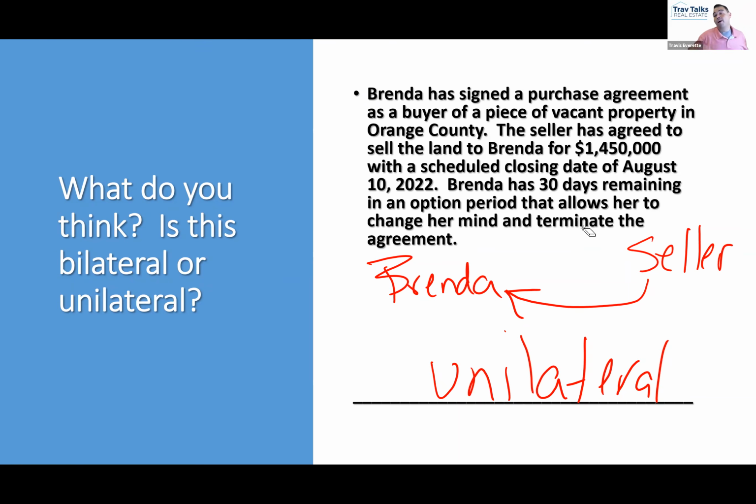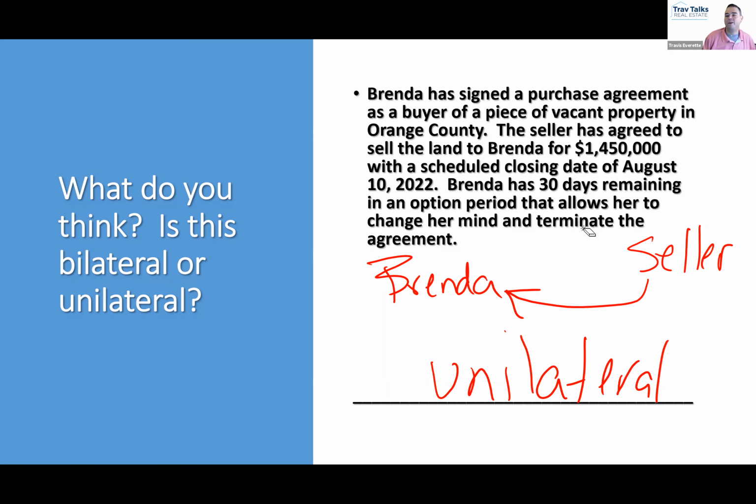If we want to go back to the marriage analogy, here's the unilateral contract. You get to the wedding, and the officiant says, do you promise to love, honor, cherish, all that, the whole riot act they read. And one person says, I do. And then the other person, do you promise to love, honor, cherish, obey? I'll think about it. Can you imagine if you saw that at a wedding? That would be a unilateral wedding, right? I'll think about it. I'll let you know. That'd be your wedding. Exactly. I want the unilateral variety.